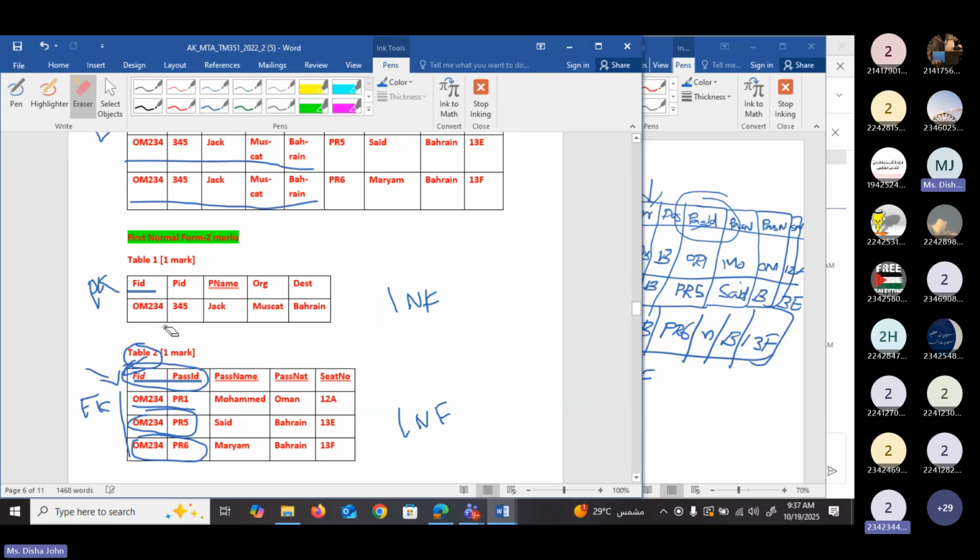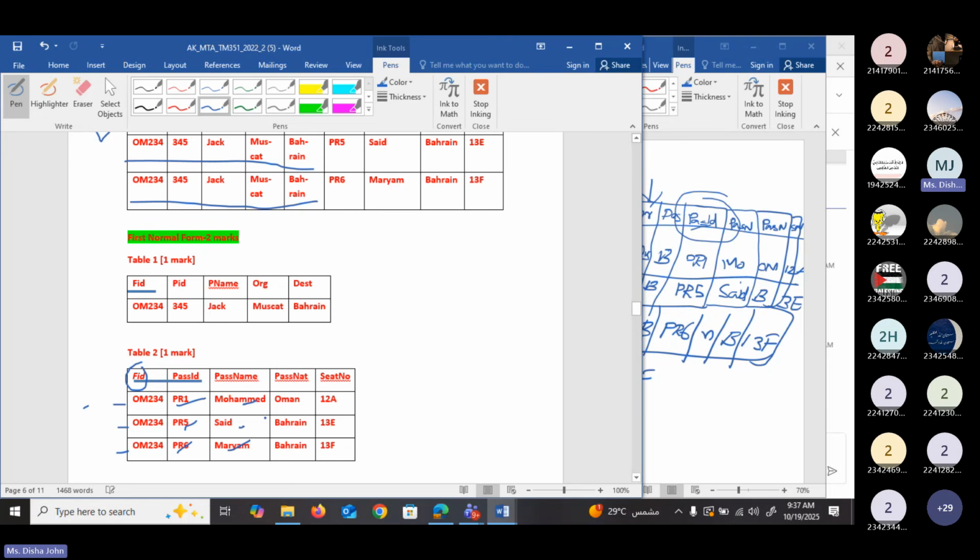Okay. Can you elaborate on the second rule, that it should have only one value? Can you explain it a little bit further? Okay, if you take this flight ID column here, each column has only one value. If you take passenger ID, it has only one value, and if it is passenger name, only one value in each column.